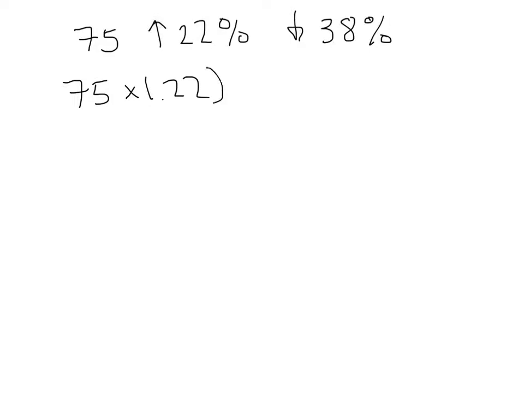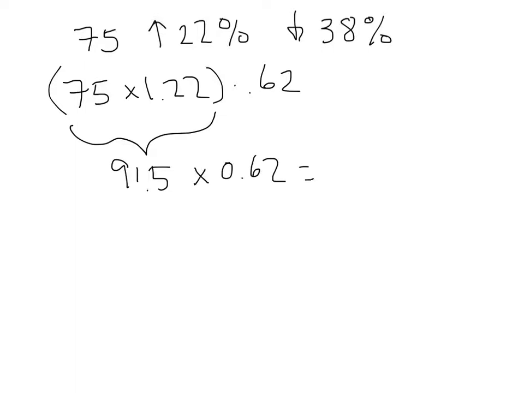And then take that answer and multiply it by 0.62, because if you go down 38% from 100%, you wind up with 62% left. If you do this problem, you can do it one step at a time and get 91.5 for this step, and then multiply by 0.62 and get 56.73. But you really don't need the parentheses or worry about pausing and getting the answer for the first step,